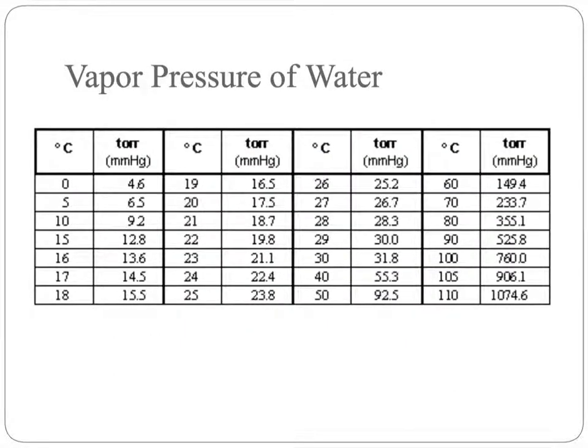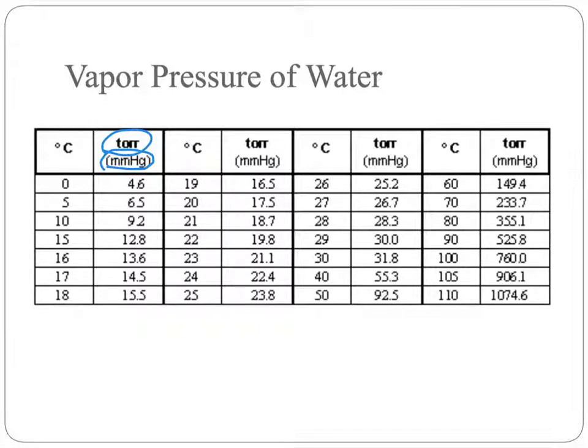We have tables that tell you what the vapor pressure of water is at distinct temperatures. Sometimes the tables are put in whatever pressure unit you need. You can find them for all. This particular pressure unit is either millimeters of mercury or torrs, since they both have 760 being equivalent to 1